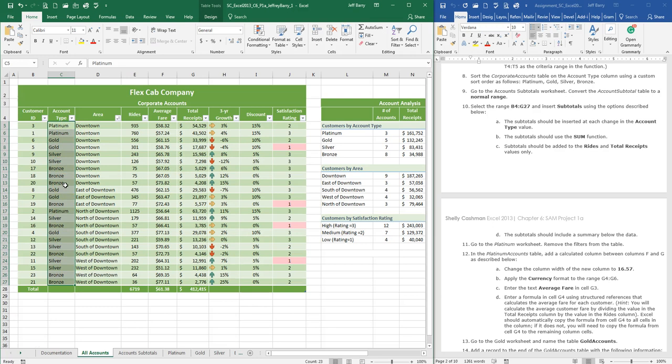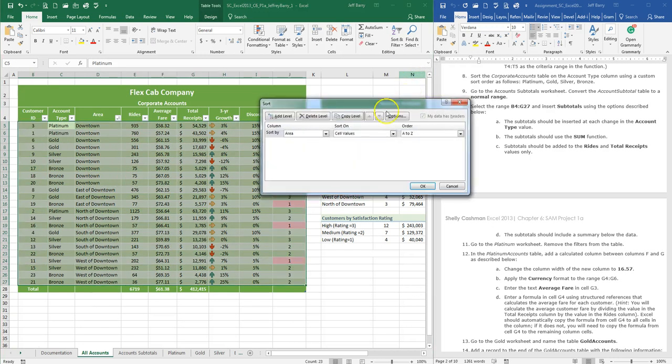In order to do that, what we need to do is go and view the, it's a sort order. I apologize. It's right up here, okay? And the sort and filter, custom sort. We're going to click on custom sort, and now it says sort by area, cell values. We're going to sort by account type, all right, because that's what it said, based on the values, and then